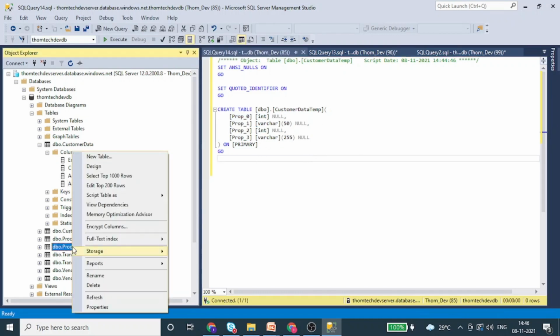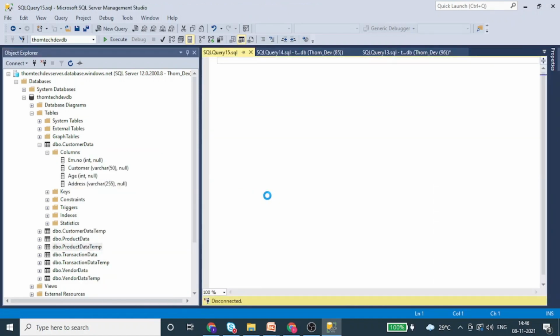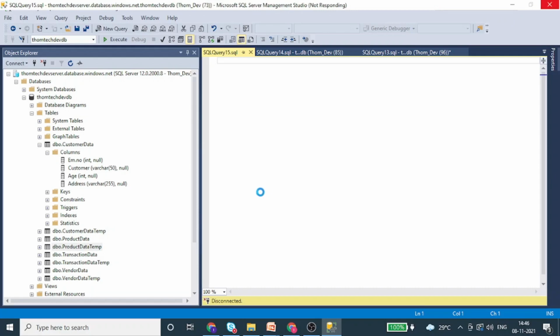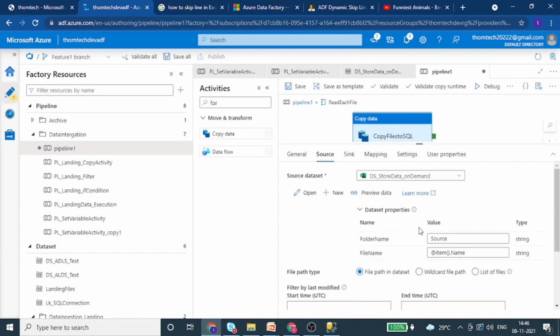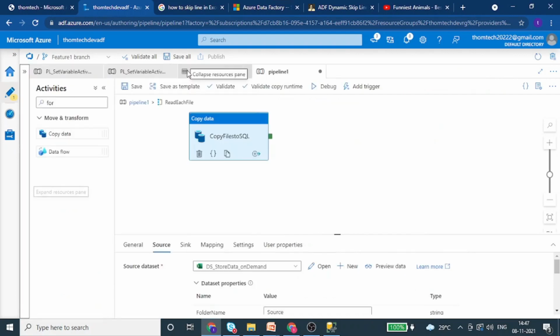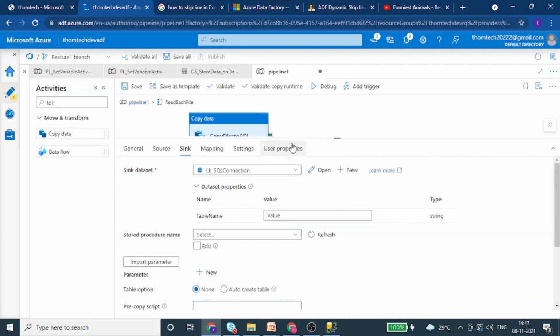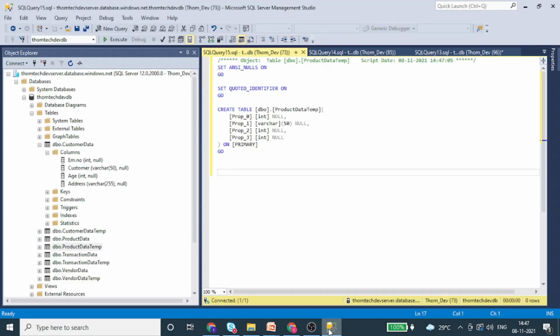If I take the example of the product table, let's click on the product temporary table. Now let it open. It's taking some time, might be due to some network issues. So let it open. Meantime, let me go to the ADF. Scroll down, click on this. You can minimize this from here. Open this, go to the sync. You can see this is the product data temporary table, and we have the same global field mapping over here as well. So automatically it will be mapped and we do not have to do anything.